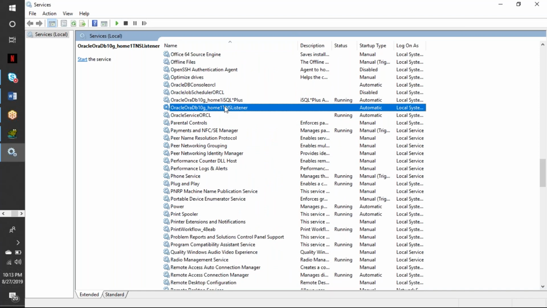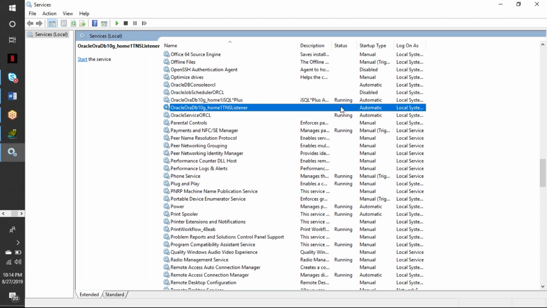Now, corresponding to this service, see the status of that, whether it is running or not. Don't start, wait, first see the status. It's not running. So that is the reason we got the no TNS listener error.